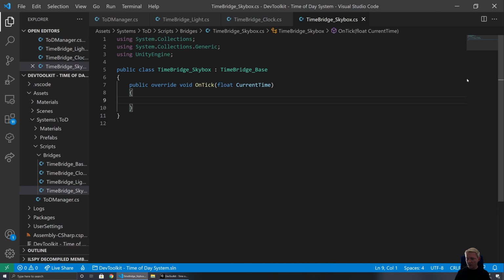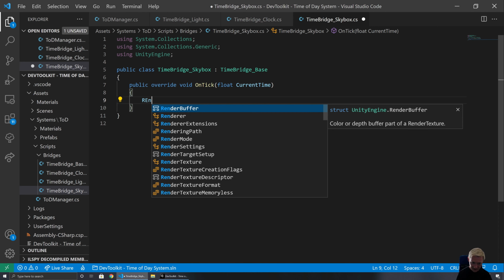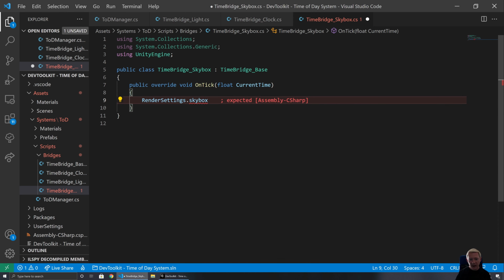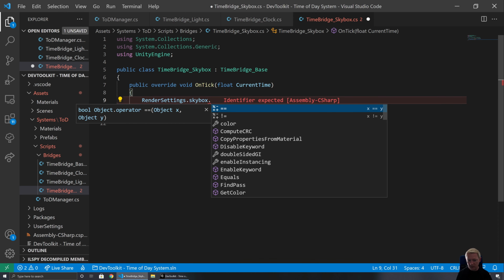So that's good. We've got our time there. Now, changing the Skybox is a little bit different to what you might have seen. What we generally access is RenderSettings.skybox, and then from that we can do things like